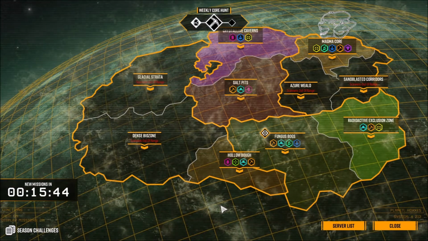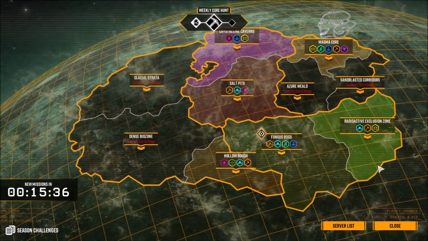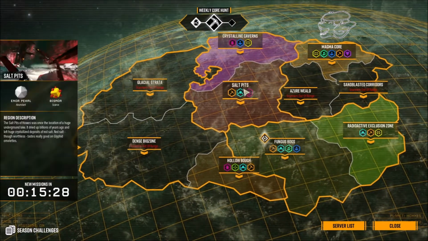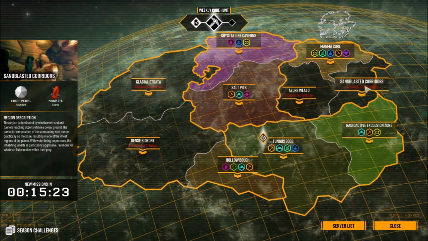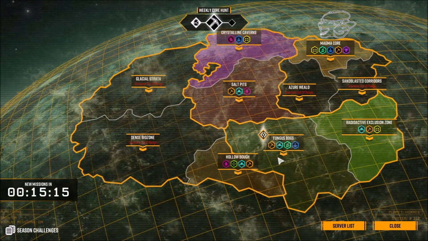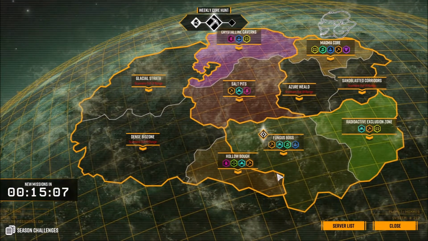And the biomes really do feel different, they all have a different feeling to them. Some more than others, like the radioactive exclusion zone, the magma core and glacial strata are quite unique, while the crystal caverns and salt pits and the sandblasted corridors are rather tame and similar to each other. Fungus Bogs and Hollow Bough both are quite similar as they're biological areas, but both have distinct danger zones,